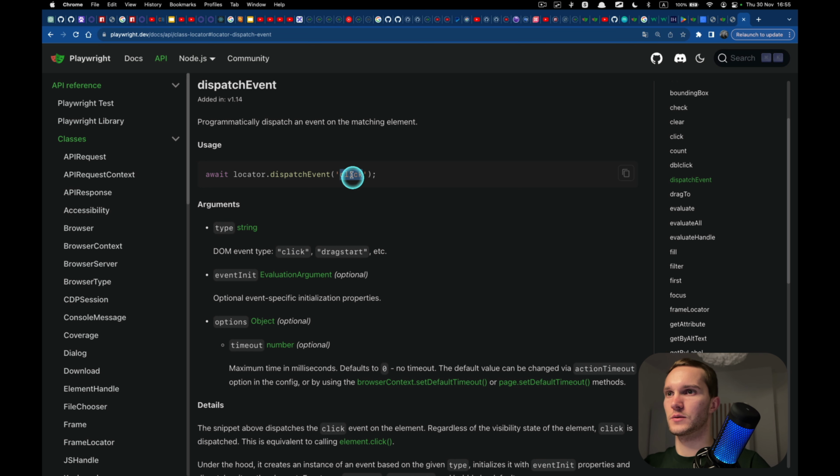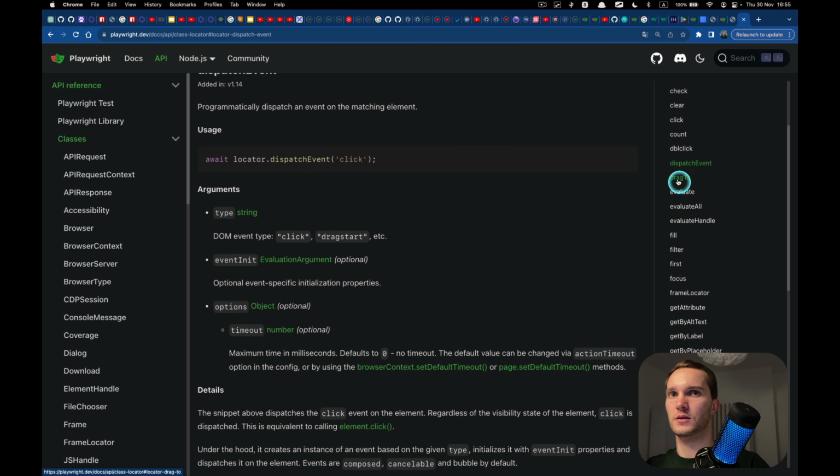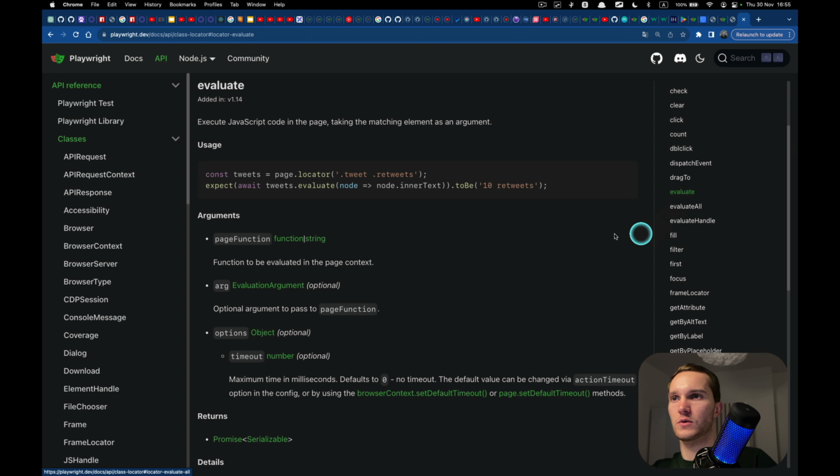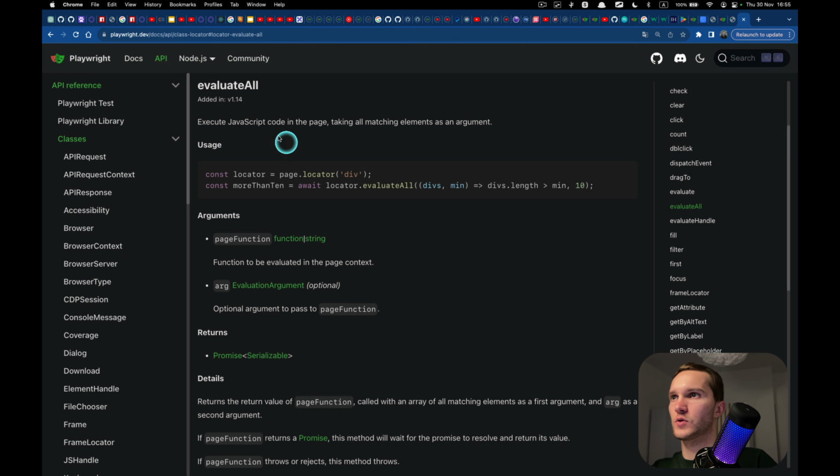For example, this click. Then drag to is for moving, for drag and drop. Evaluate for executing JavaScript. We did that. Evaluate all, taking all matching elements as an argument. This one is a bit more complicated evaluation of JavaScript on the page, because this one passes the elements.